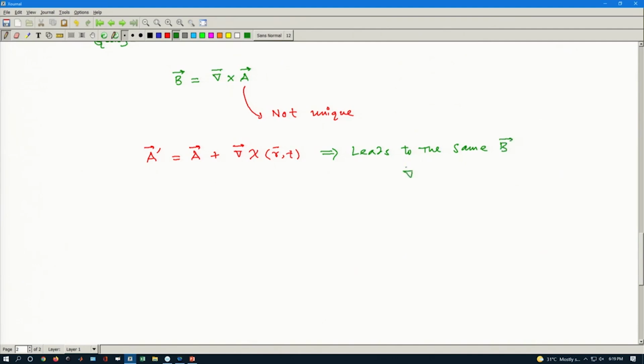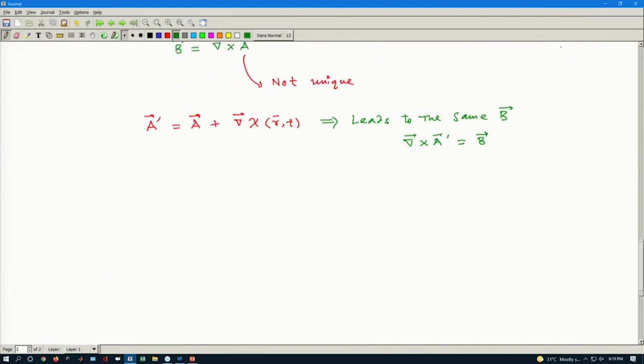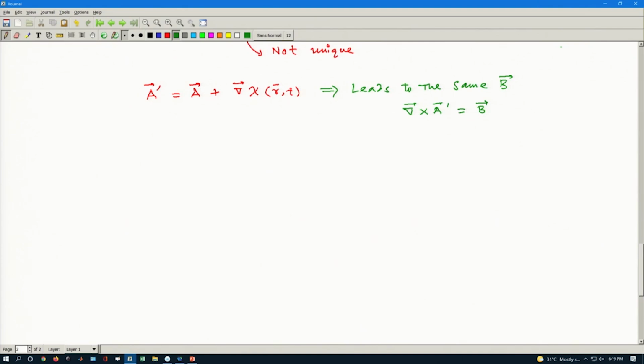That means, if I do curl of A prime, I will return back whatever the B is there, that is 1. So, I can manipulate my A through this function chi, right. So, I have a liberty to take my A. Now, not only that, I can also have liberty to have the phi, this is a vector potential. So, the scalar potential phi prime I can write in this way, whatever the phi is given, and minus, if I do this quantity, if I do this thing,